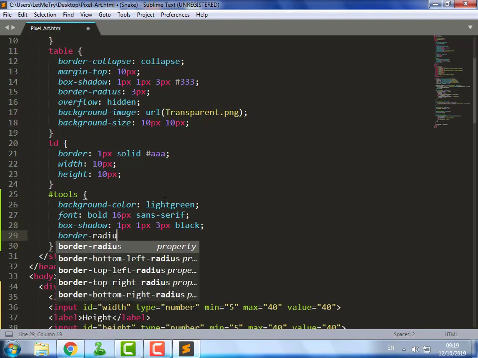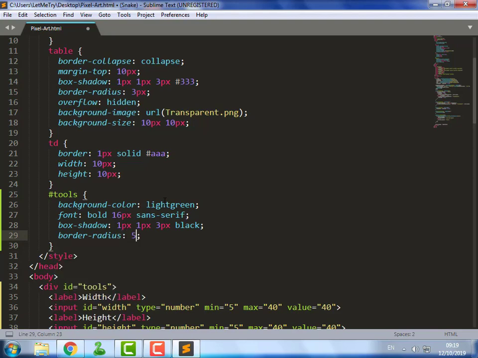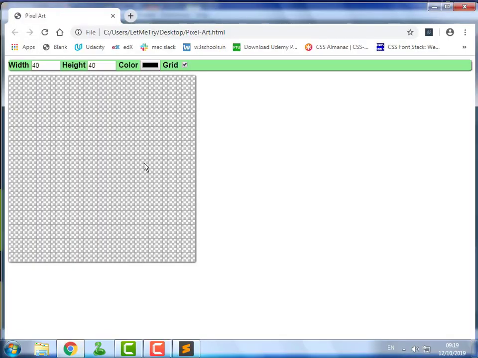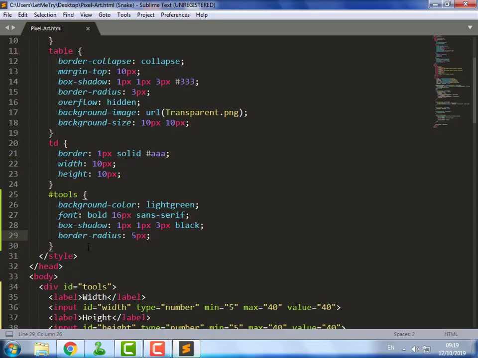Round corners. Need some padding and a color for the text.